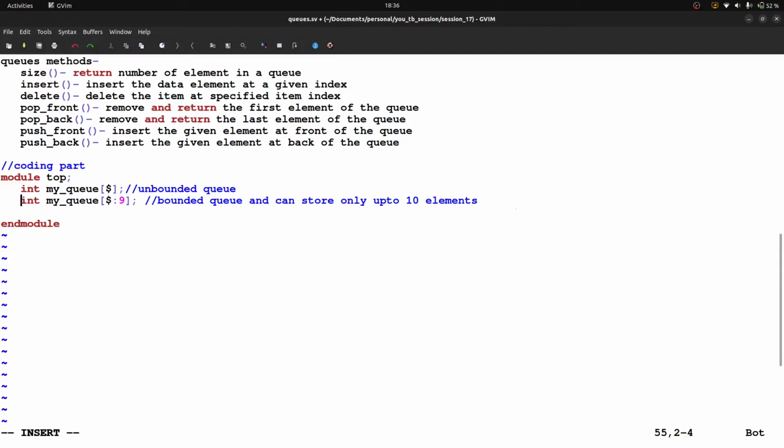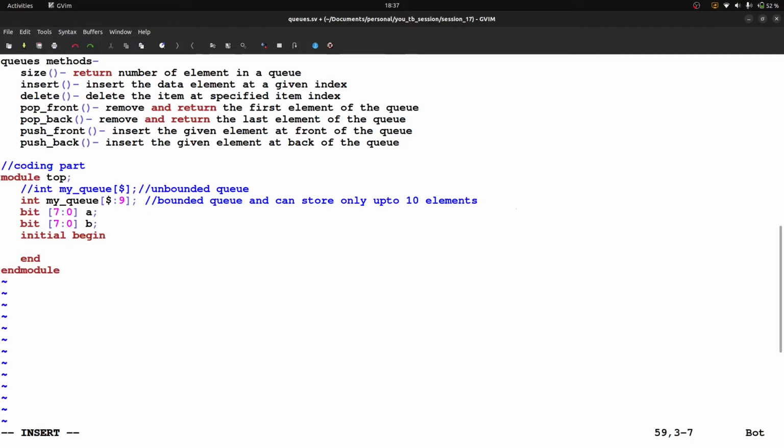So let's say I am taking the example of a bounded queue. Okay. So let's take some bits, like bit [7:0] A, bit [7:0] B. After that, initial begin end, and here let's say I want to store some elements inside the queue.